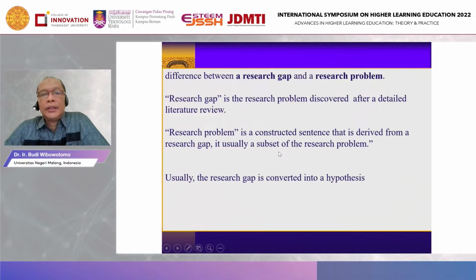Usually it is a subset or a series of constructed sentences. Yes, for example, if we are interested in what is the best medicine or what is the best food to avoid or to tackle COVID-19, we can make a constructed sentence. For example,